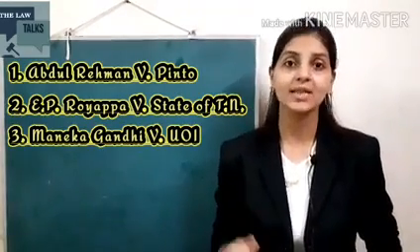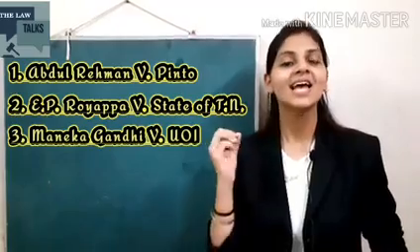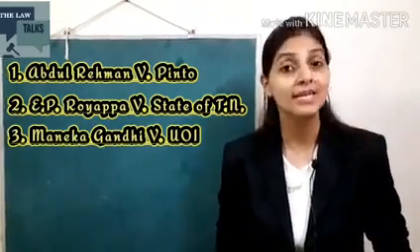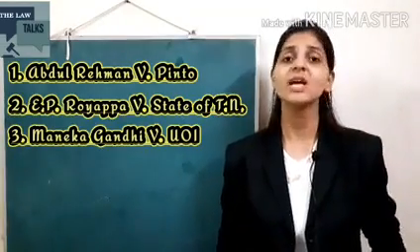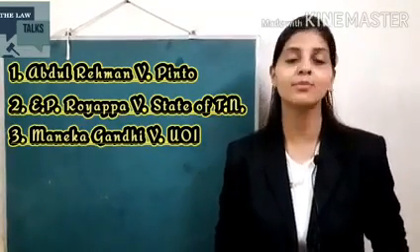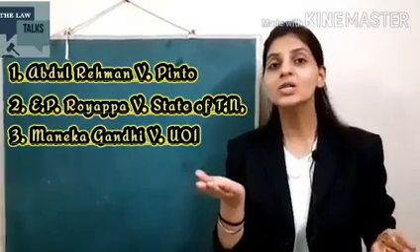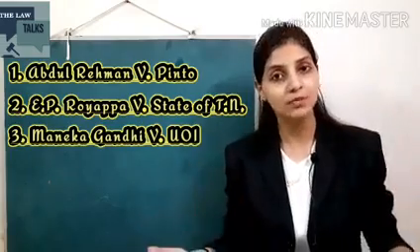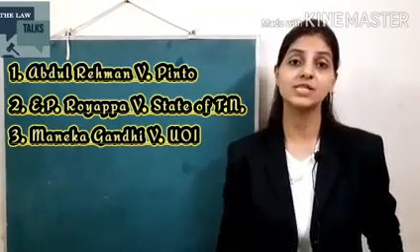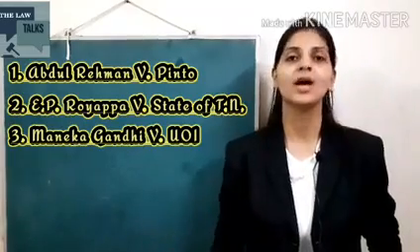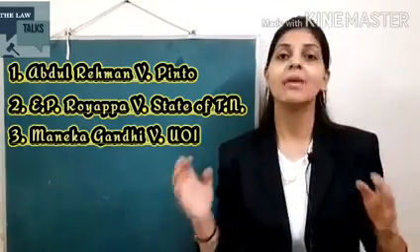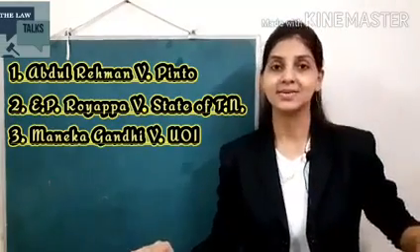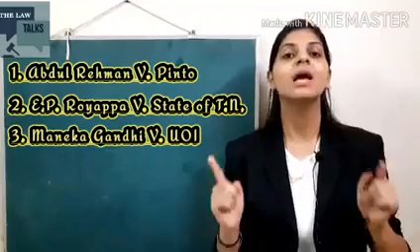The last case in this train is Maneka Gandhi versus Union of India. In this case, the Supreme Court finally held that Article 14 is not confined to only bringing the unequals to the level of equals, but also protects the citizens and the people of the country against the arbitrary action of the state. And because of Article 14, the state cannot act arbitrarily and provide undue advantage to a particular section of society and ignore the rest. It has to treat all people equally.